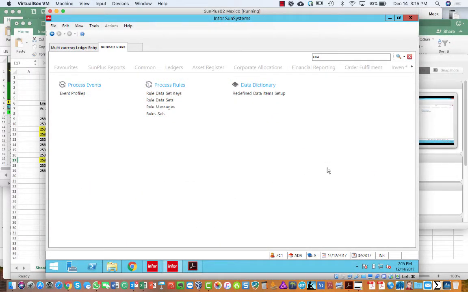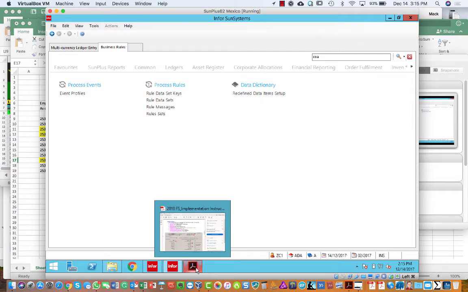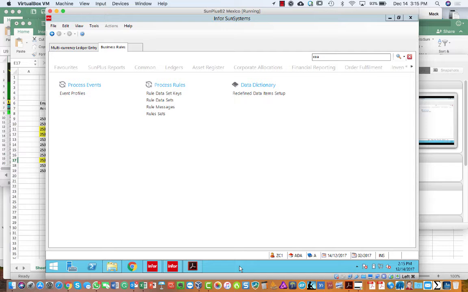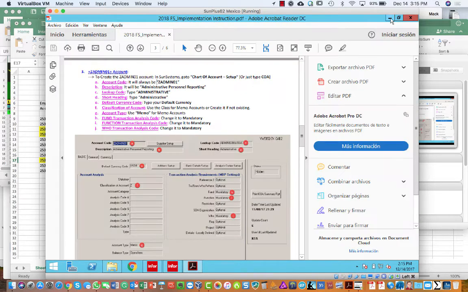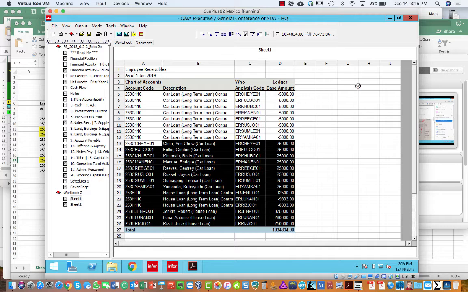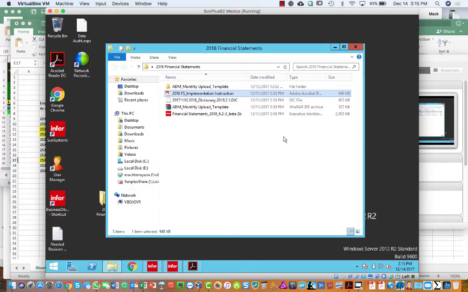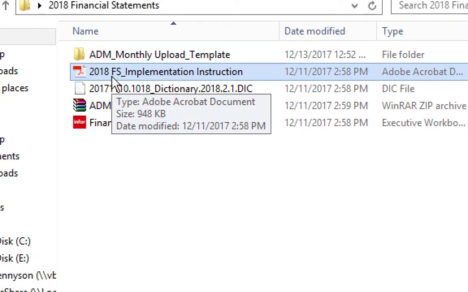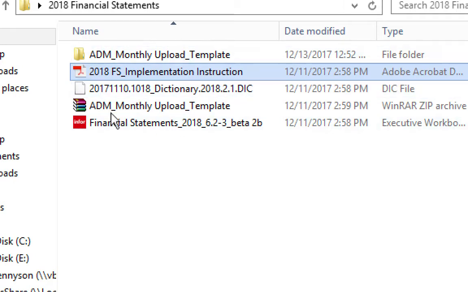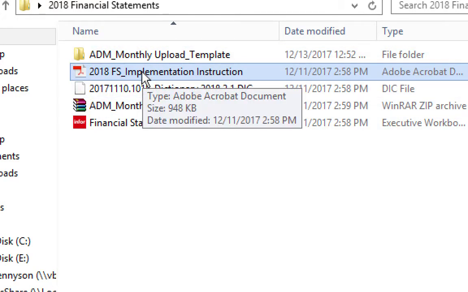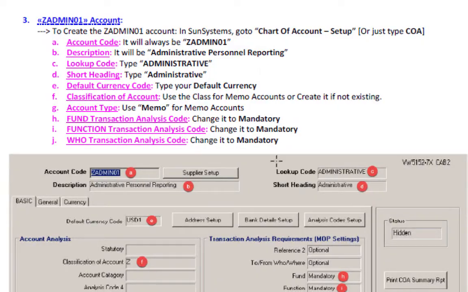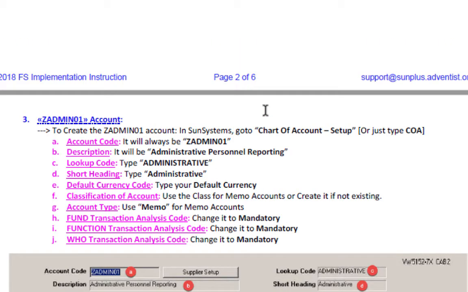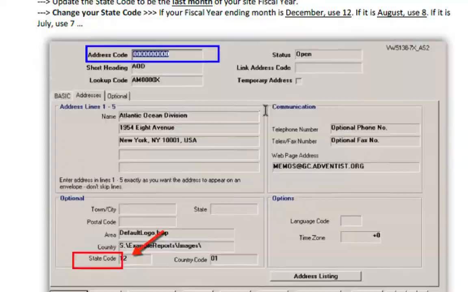Okay, the very first and actually the only implementation step is to create an account. It's so simple. All right, just to make sure that we're working together on this, if you look at the site where we put the videos and the financial statements, you will see a document called 2018 Financial Statement Implementation Instruction. They should all be something similar looking to this. And so we'll just click that, and this is the instructions on how to implement. And the very first thing it talks about is setting up account